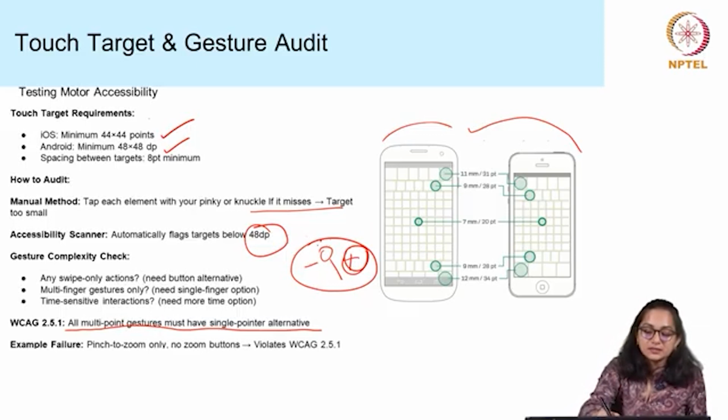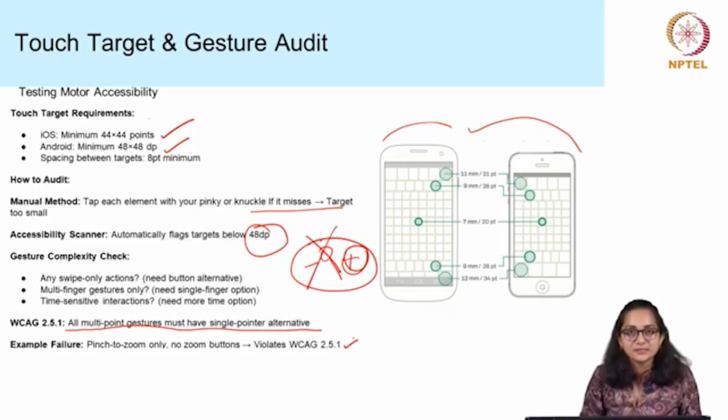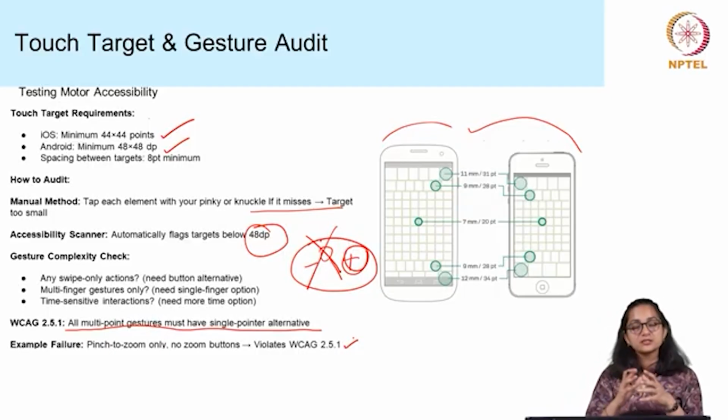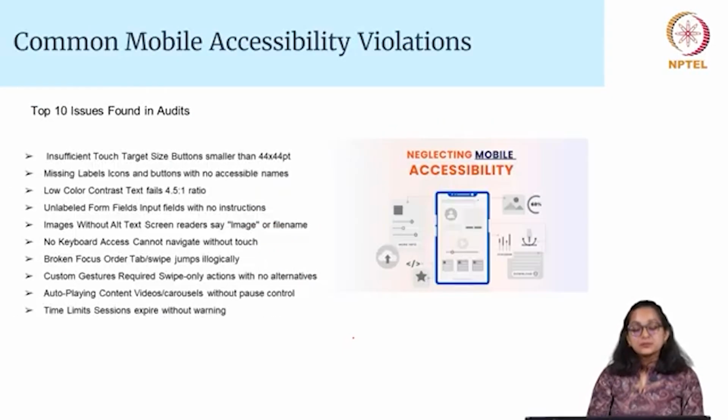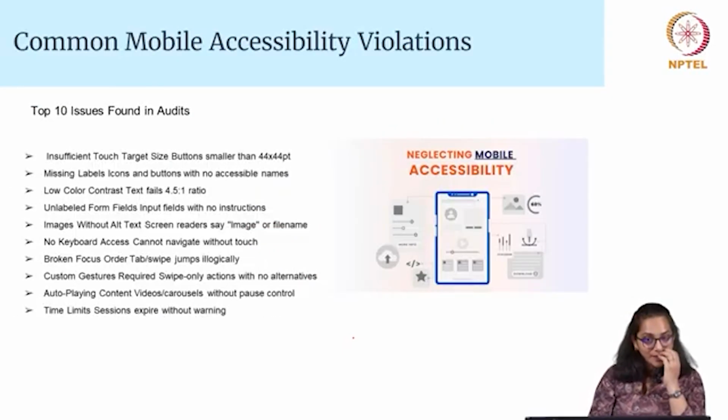But if this is not present, then this criteria is violated. So check for this, that any gesture which is a multi-finger gesture always has a single-finger gesture as an alternative as well. Some of the common accessibility violations that are seen are,